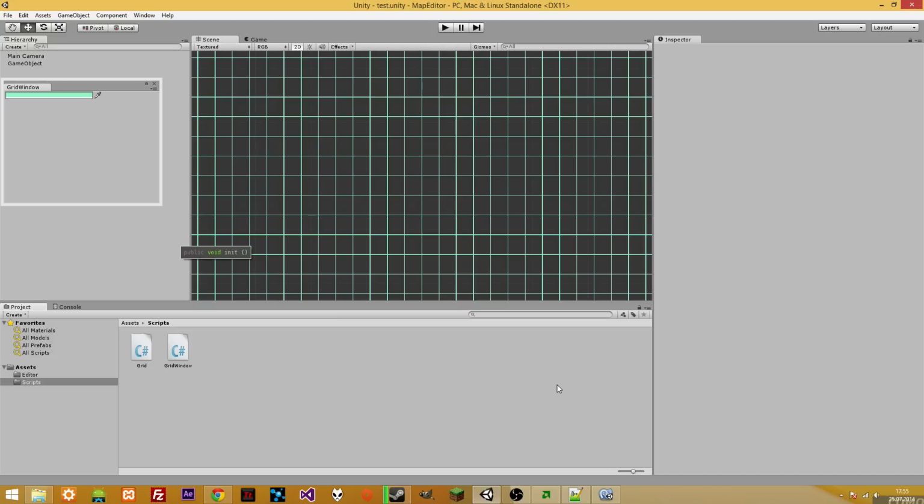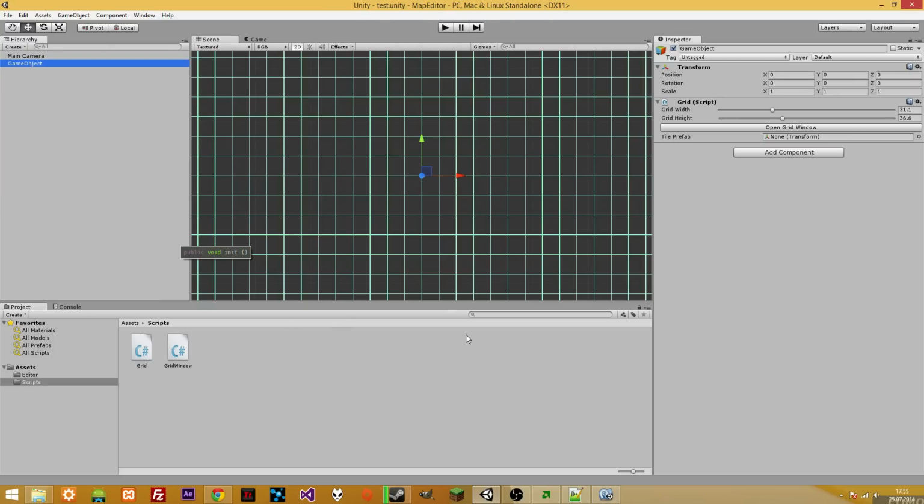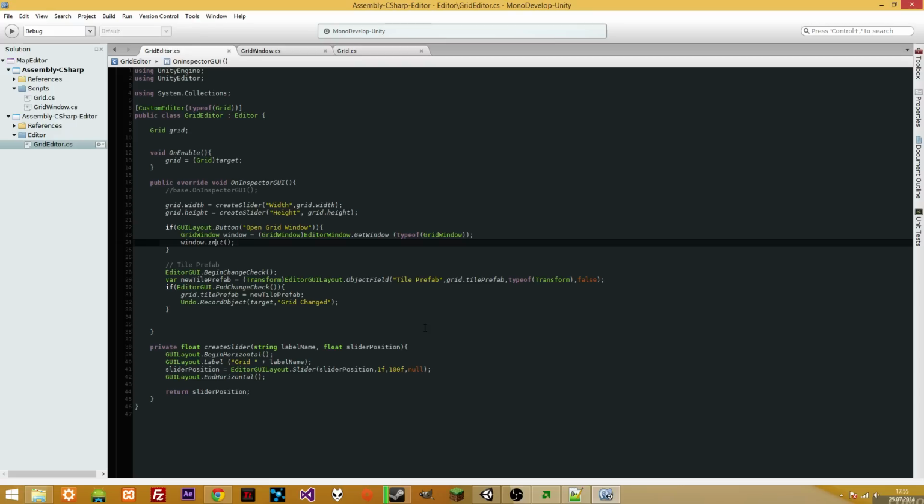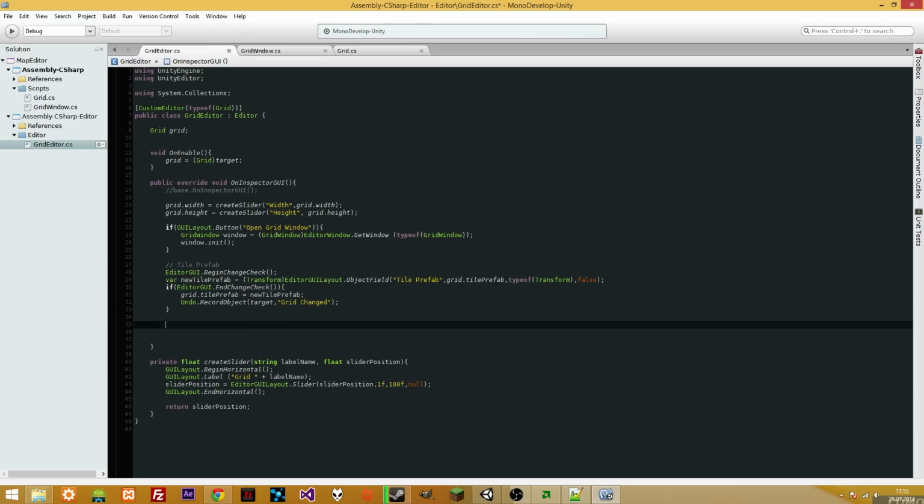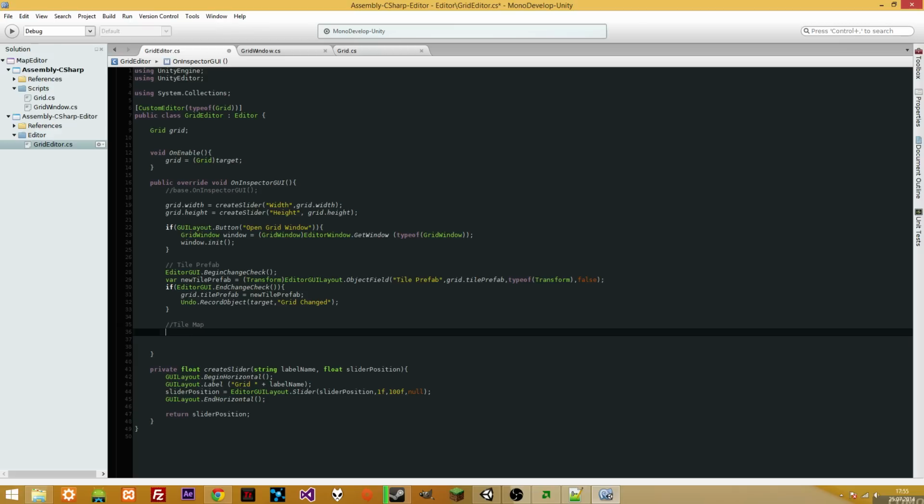So, let us start with the editor GUI and write some other scripts for it, or extend our script. Therefore we need to make here a tile map area,